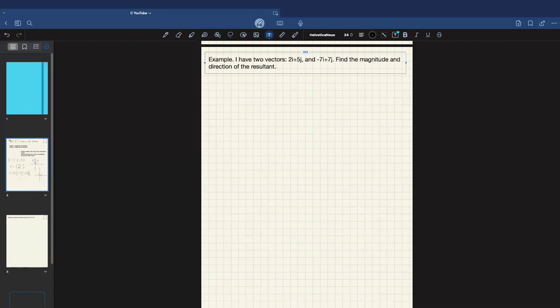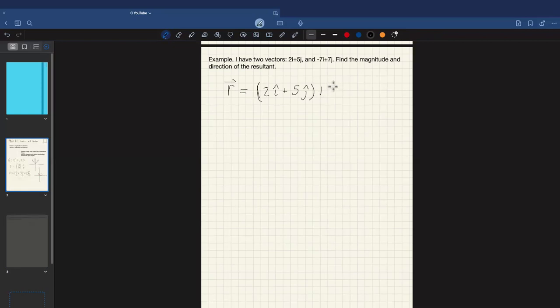The nice thing about this ijk notation is you can do subtraction in essentially an identical way to what I'm about to show you with addition, where you just take the x components and add them, take the y components and add them, just like you did back in AP Physics 1 with your vectors. So the resultant, I'll call that R, is going to look like this: I have 2i hat plus 5j hat, all added with -7i hat